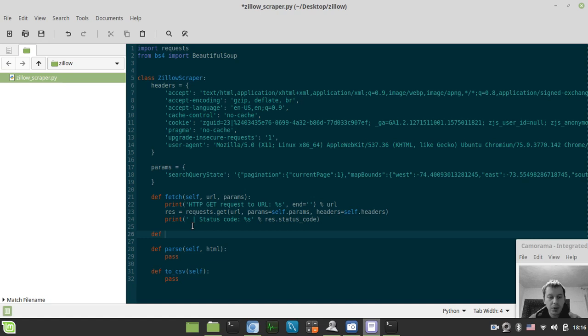So I'll define a function called save response that would actually be saving the response. It would take the response object, or maybe, let's make it the response text like this. So I simply say with open, let's call this response.html. We want to write the file stream as HTML file and say HTML file dot write